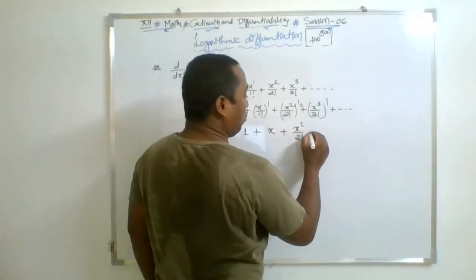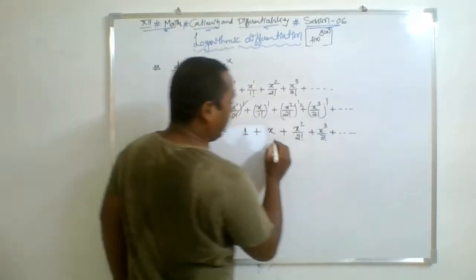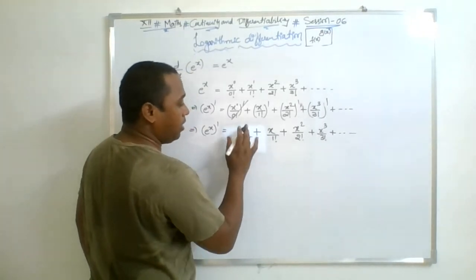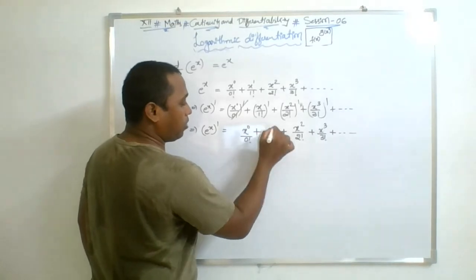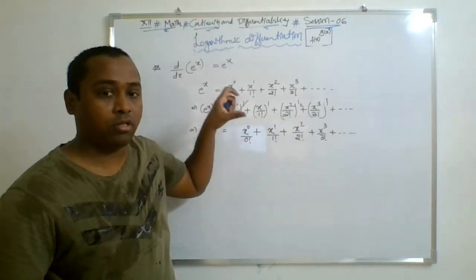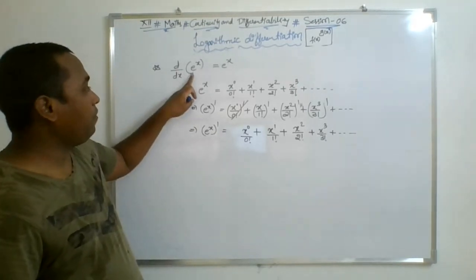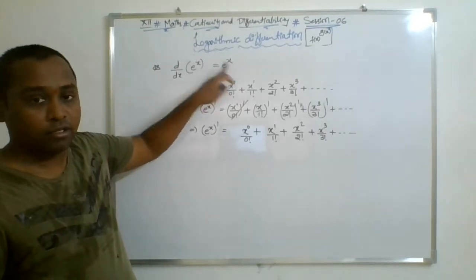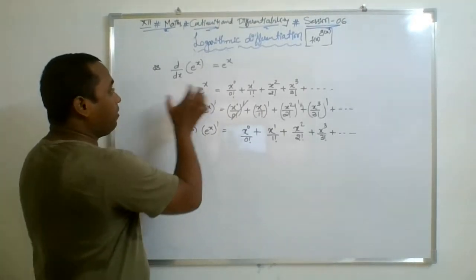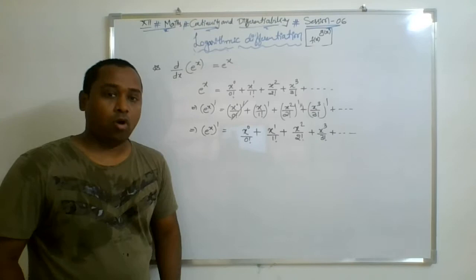So in this way, if you do the derivative of the remaining terms, see what answer you are going to get. I can write the first term as 1 upon 0 factorial, with 1 written as x to the power of 0. So the derivative of the e power x expansion, that infinite series, gives the series itself. Hence, the derivative of e power x is e power x. This is the actual derivation of the derivative of e power x. If you remember this formula, it is easy to understand the derivative of the log x function.